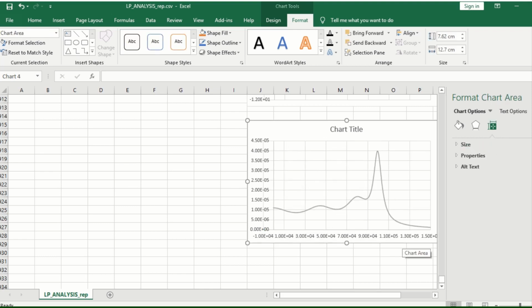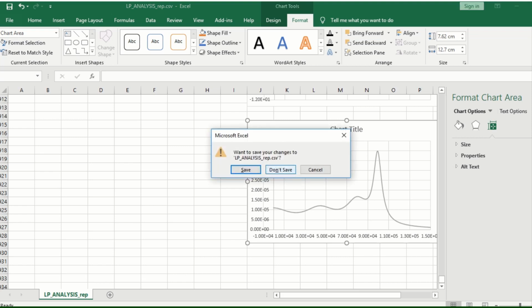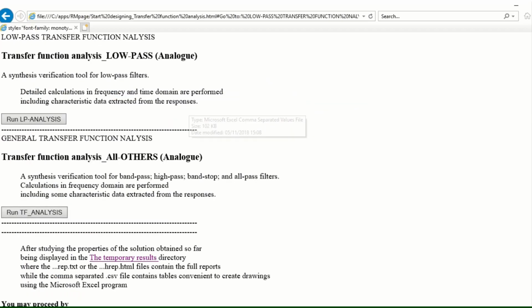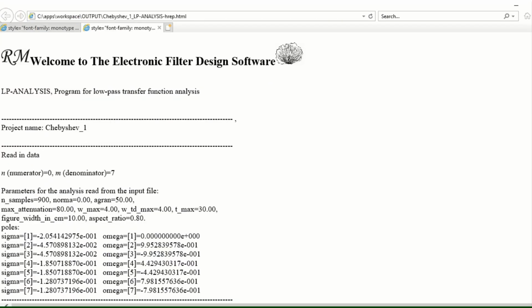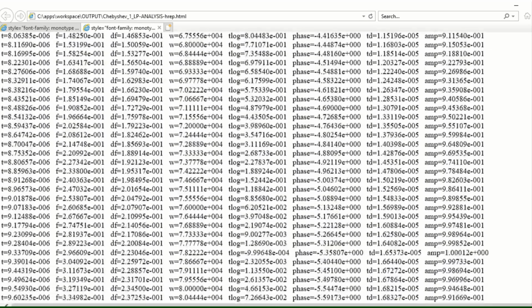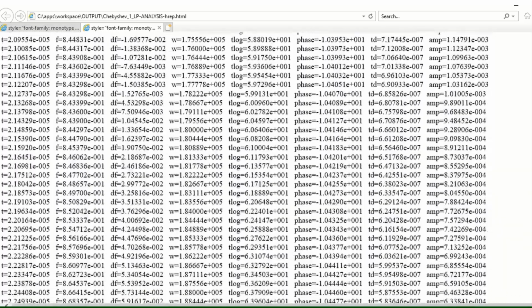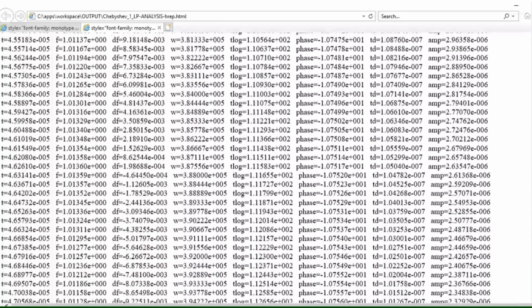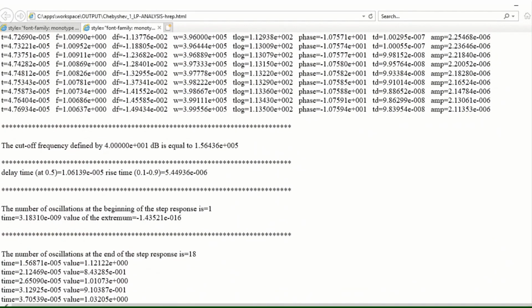This ends the study of the response graphical study. Now we will go for analysis of the data given, for example, in this HTML file, which is a report. And we can see here different information about the response, apart from the table containing the response, among which is